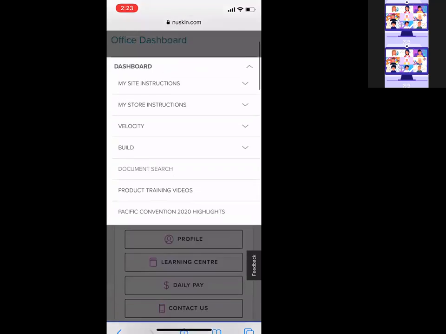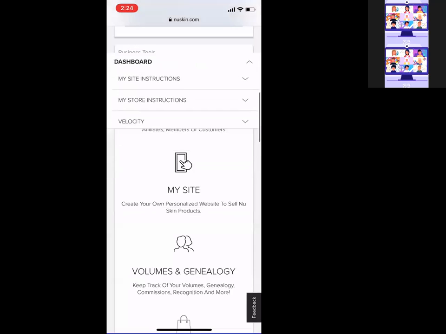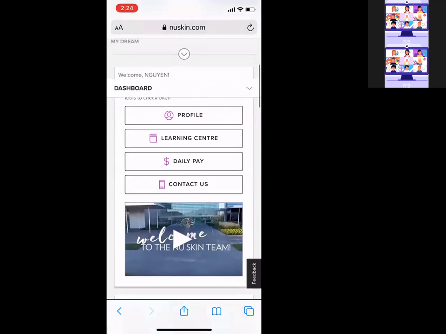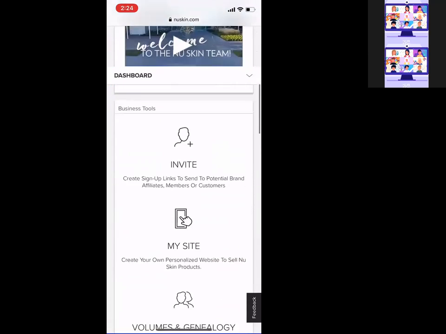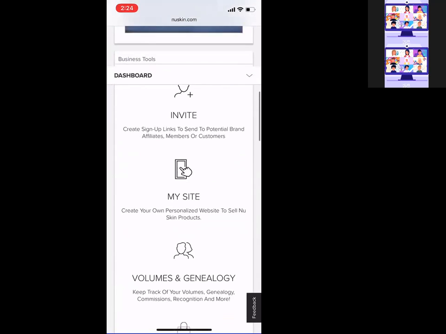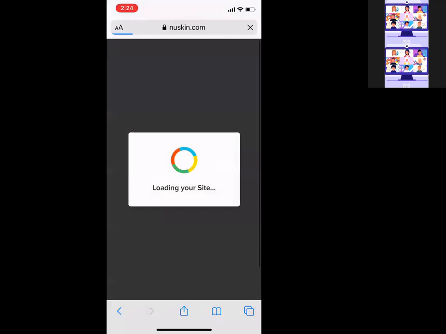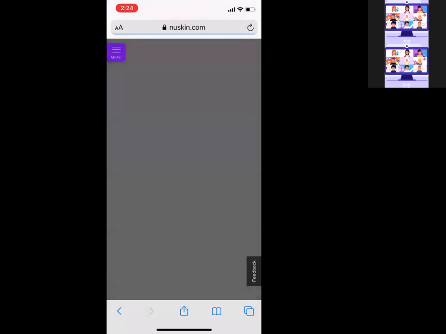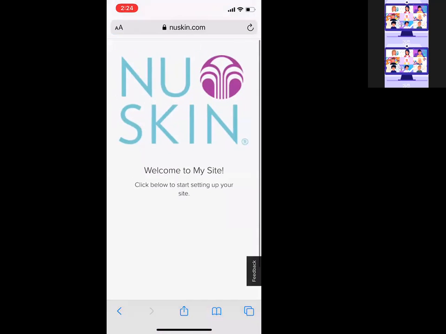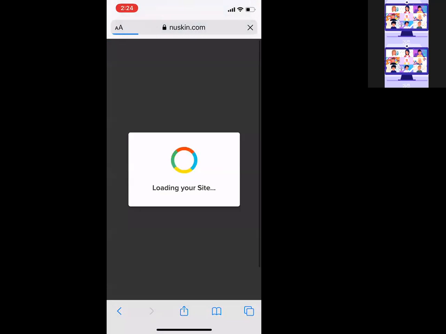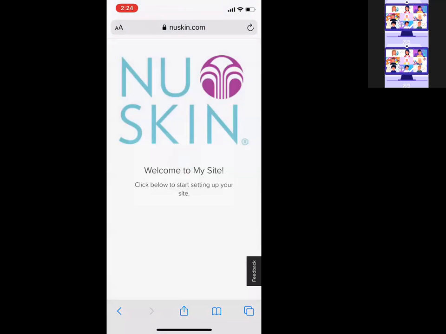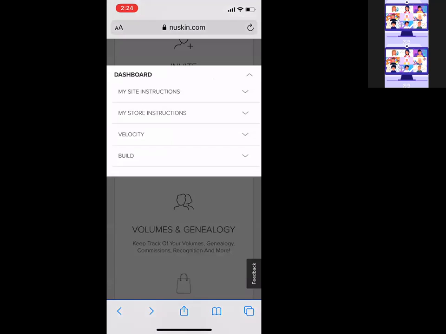But actually, you don't need to do that. Hit on that arrow again, and let's make it go away. Okay, so once you're in your dashboard, if you see this invite, it's my store. Oh, sorry. I hit something in this one. Let me go back to it. Okay. So there's a few ways you could do it. I accidentally hit into that. So